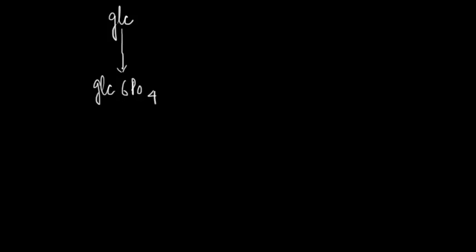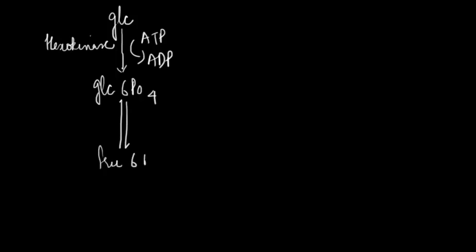The phosphoryl group donor at this step is ATP, and the enzyme catalyzing this reaction is hexokinase. Next, this glucose 6-phosphate undergoes reversible isomerization to fructose 6-phosphate, and the enzyme catalyzing this reaction is